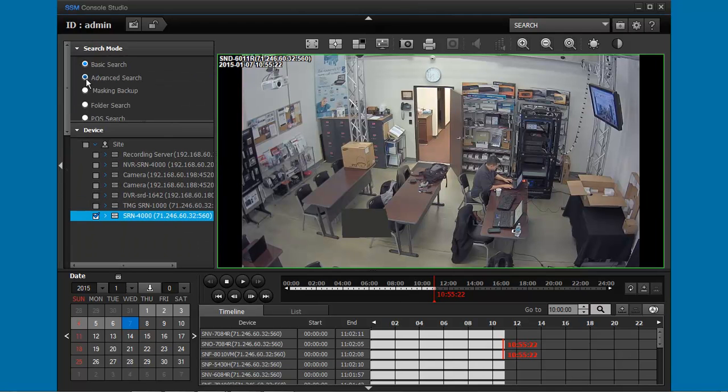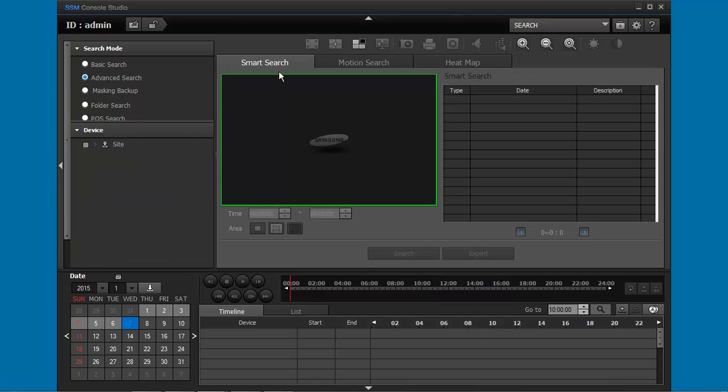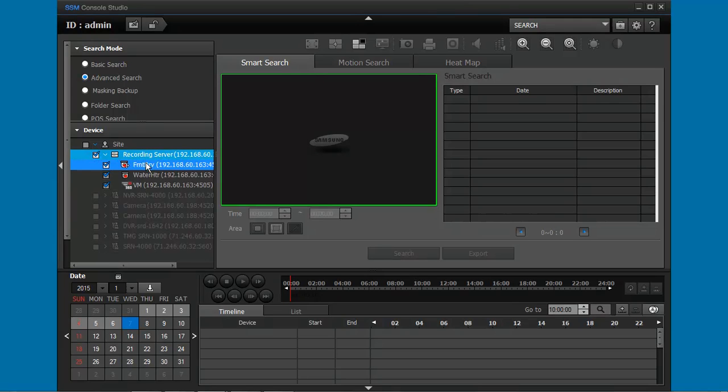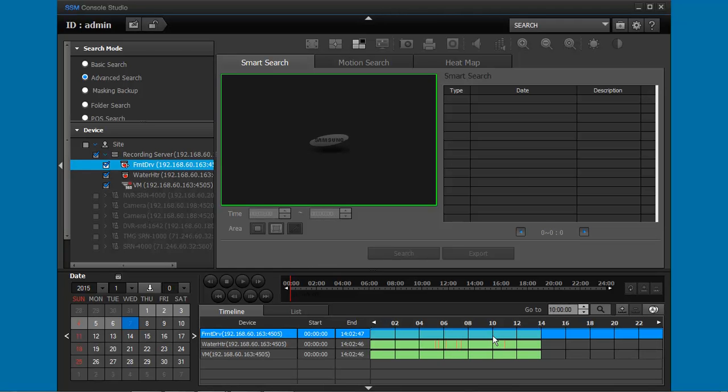Now that's the basic search. Advanced search allows us to, again, select a device. Now some of these things you'll see are only applicable for certain model recorders, so only the recording server is available. Click the download button again, click a day on the calendar. We've got our video here,